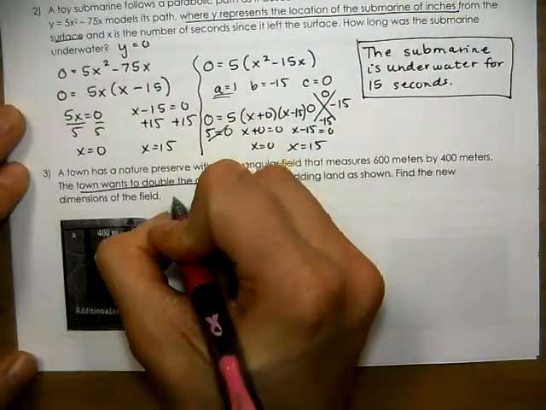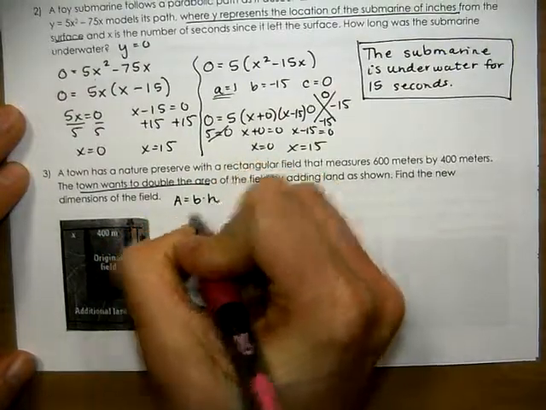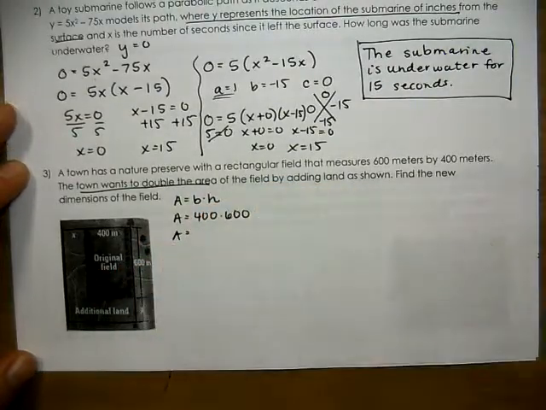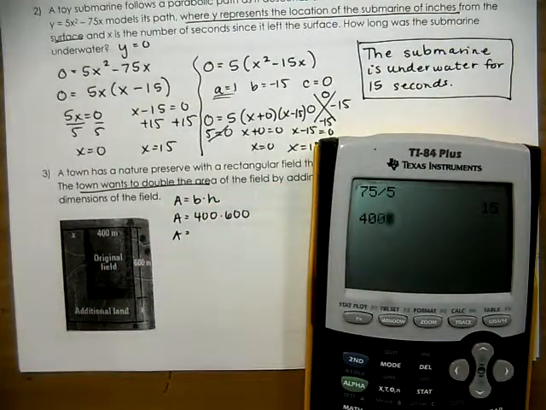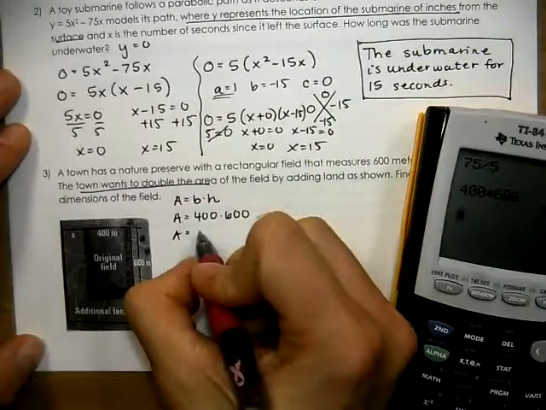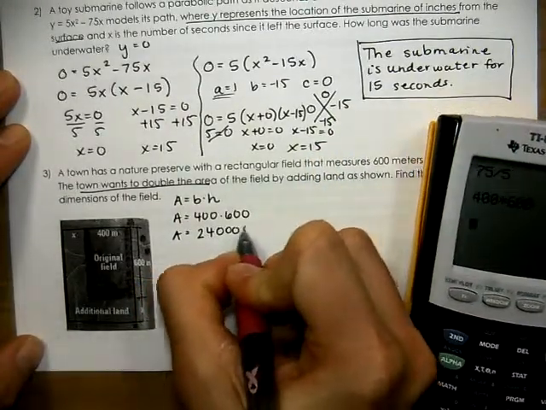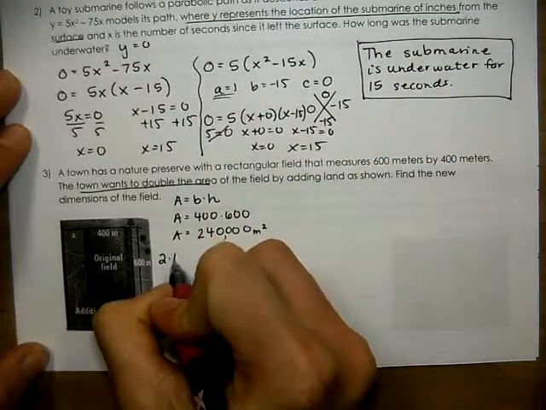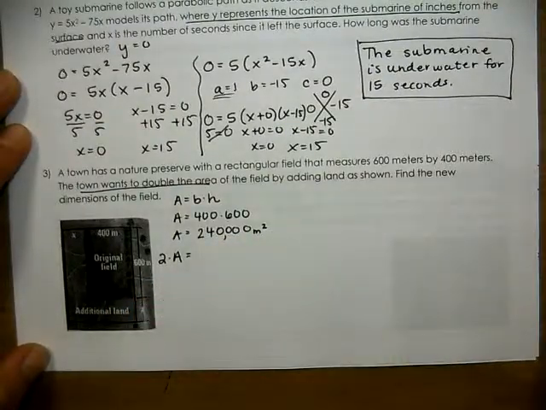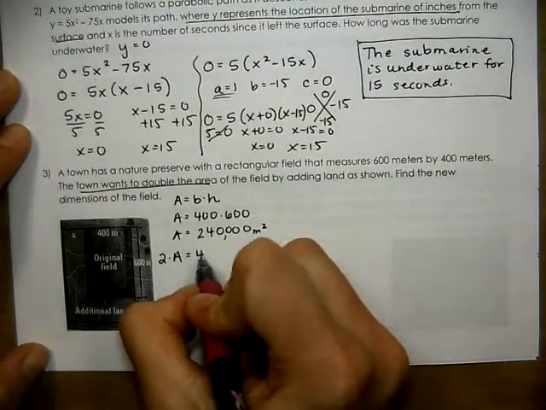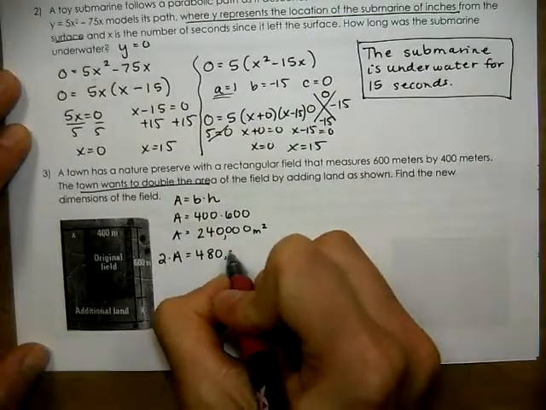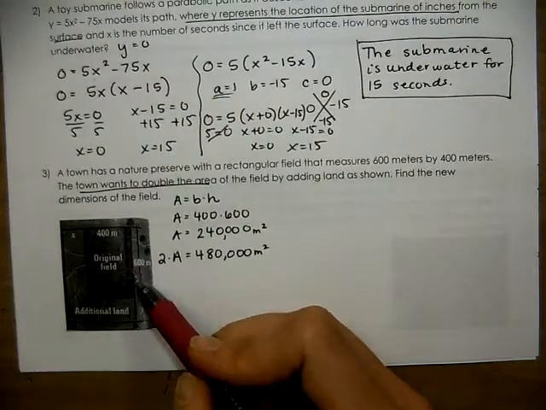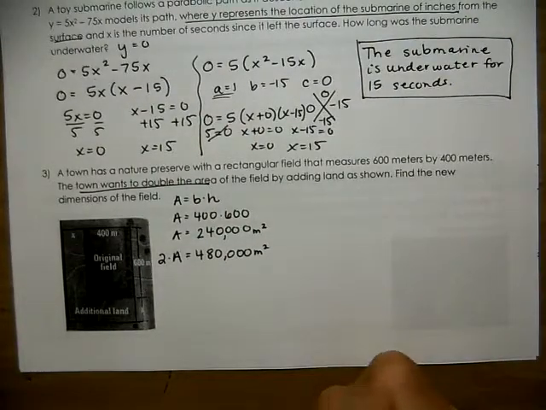doubled. So the original area, the area of a rectangle is base times height. So the area would be 400 times 600. So the original area, if I do 400 times 600, is 2, 4, and then there's 4 zeros. So what is that? 240,000 square meters. If I want 2 times that original area, that would be 480,000. Because these dimensions are in hundreds, to make this easier, I want to write our equation in hundreds of